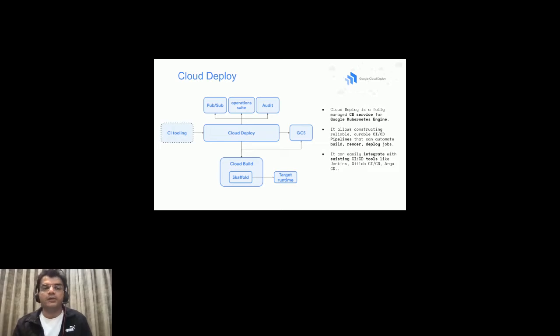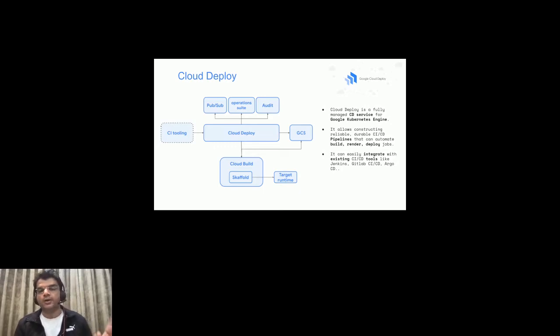It can also easily integrate with your existing tool sets, whether it is GitHub, GitLab, any of the existing CI/CD mechanisms, Argo CD or Spinnaker. Now what exactly is Cloud Deploy giving you? We'll see what it's like under the hood, and we'll see it in the demo. If you understand how Cloud Build works,